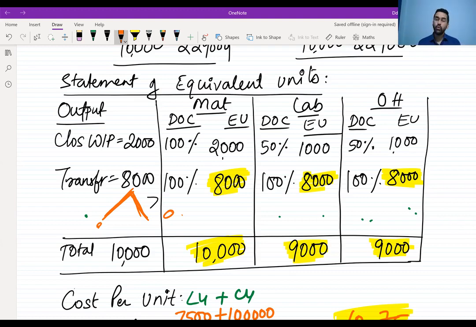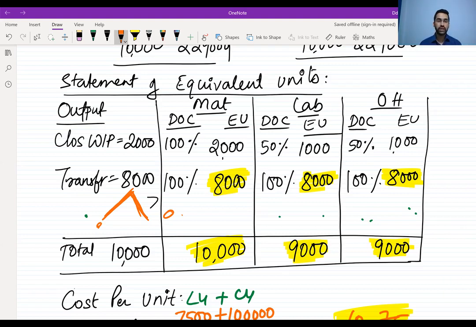Number two, what if your factory has 200 machines, 500 machines? You have to go to every machine on 31st March to identify how much is work in progress. In that, you should ask that machine operator how much material you have spent, how much labor you have spent, how much overhead you have spent. Then only you can get the DOC properly. Is it possible when you have 100, 200, 500 machines? And you know when you should go? 31st March, 12 o'clock only. Because if you go on 1st April, by the time you go there, the WIP would have become FG. Correct. Therefore, practically getting this degree of completion is not easy.